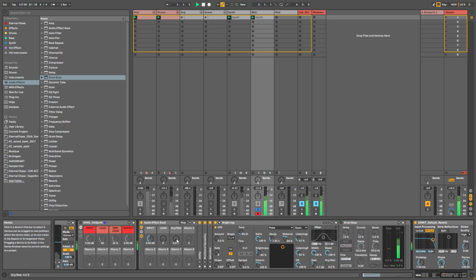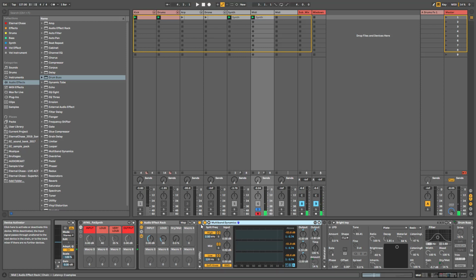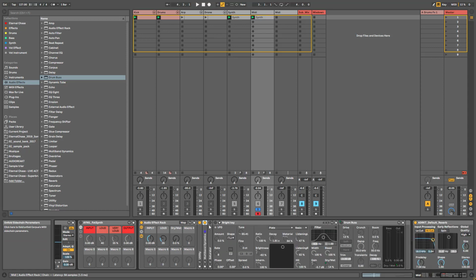And yeah, so you can see how the bright key really brings up these mid-high crispy notes. Saturator just adds harmonics and makes things shine. And the multiband compression just adds a bit more body to the final sound. And so when you've got them all together,